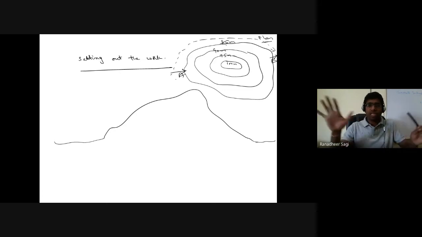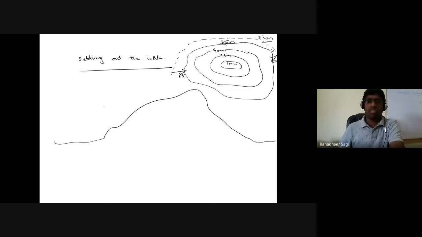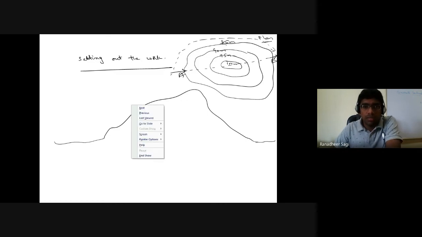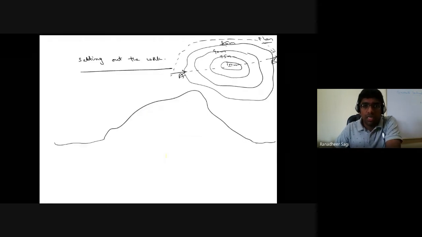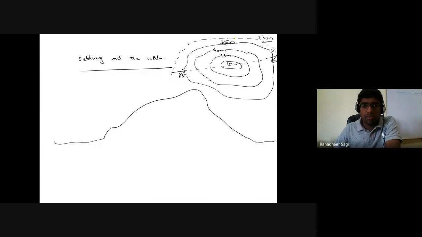Looking into the topographical plan of that region, I thought, okay, this is how the orientation of my tunnel should be. I repeat, that's the direction from point A to point B. Let me use some highlighter so that we'll be able to understand what I am referring to. So this is the direction in which I want to construct my tunnel to move from point A to point B.